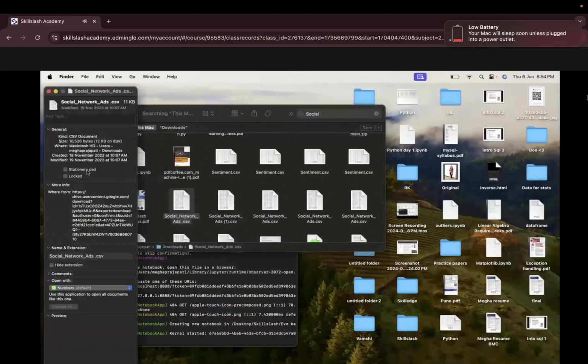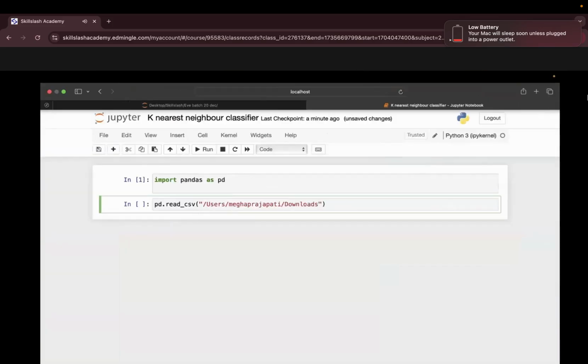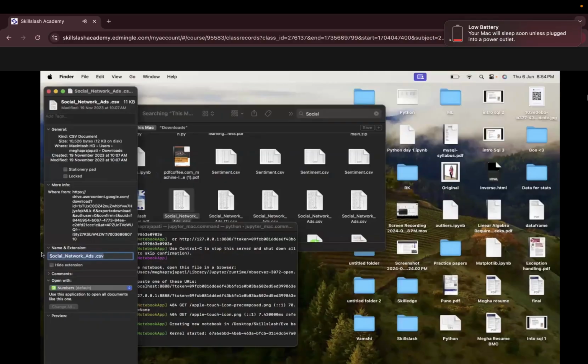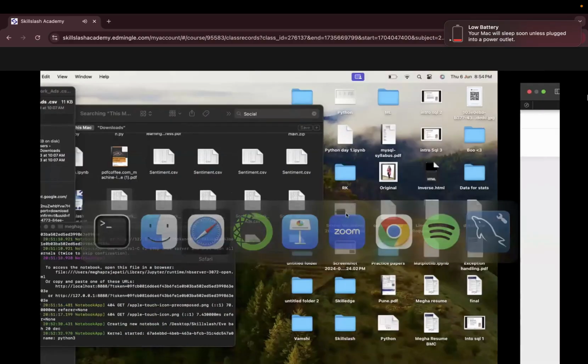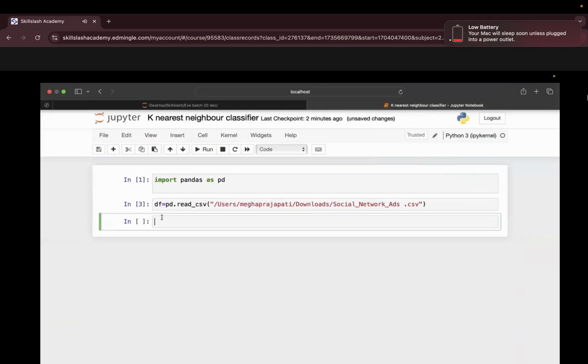Get info. It is there in my downloads. And the name is CSV. Okay, if I run it, yes. I'm storing that in my df variable, and my df variable is looking like this.